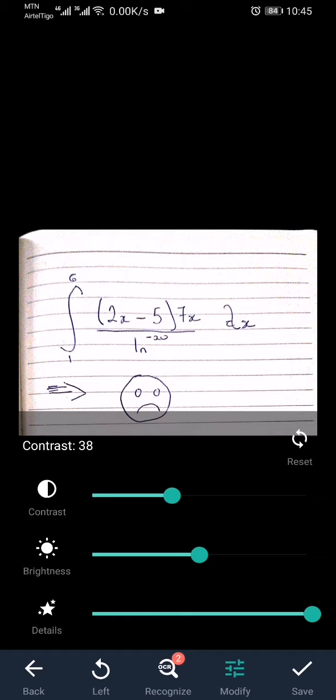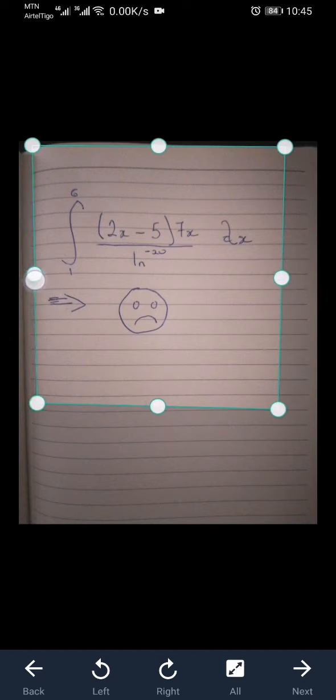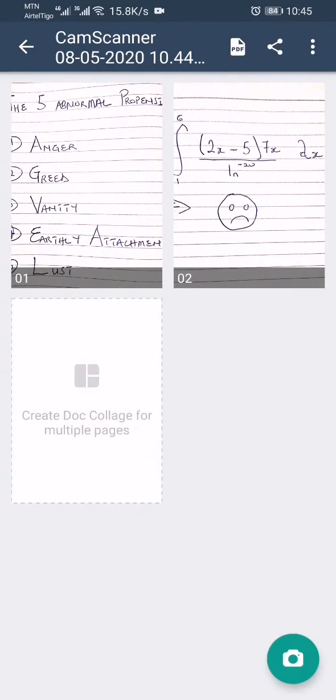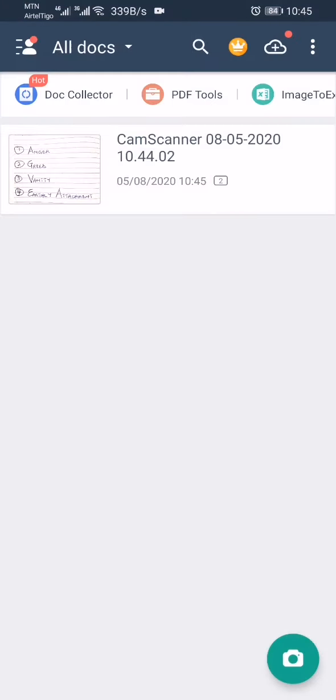Assuming you didn't crop it well, you can go back and then manage the cropping. Make sure that whatever you have taken is vivid enough for the lecturer to see. Then you click on next, and then when you're satisfied with whatever is showing, you click on save. So let's assume that these are the two answers that I have, and I want to convert these into a PDF document. You can either click on the share icon here, or in case you go back,